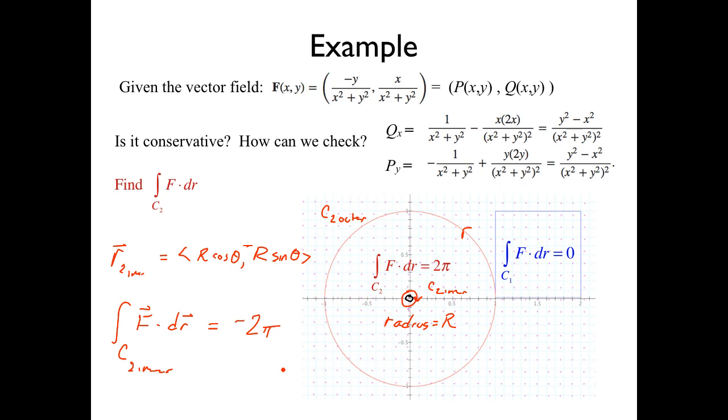As we do that integral, we're going to take the limit as r goes to 0, right? So we need to get everything except the origin. We're going to take the limit of that integral as r goes to 0. And when you do that,